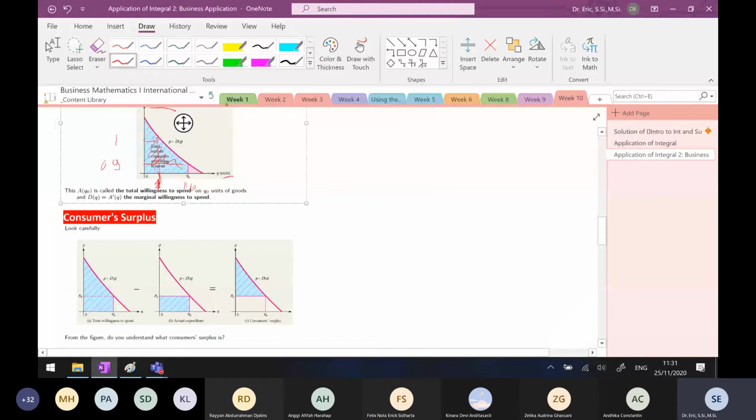Jadi, so if I want to find the consumer surplus. So if someday at a certain goods you want to pay the unit price is P0 when the unit bought is Q0. So yang kamu bayar kan hanya segini, P0 dikali Q0. Kamu belinya 10 unit, harganya 1 juta. Yang kamu bayar kan segini, 10 unit dikali 1 juta. 10 juta yang kamu bayar. Tetapi total consumer willingness kamu itu sebesar ini.